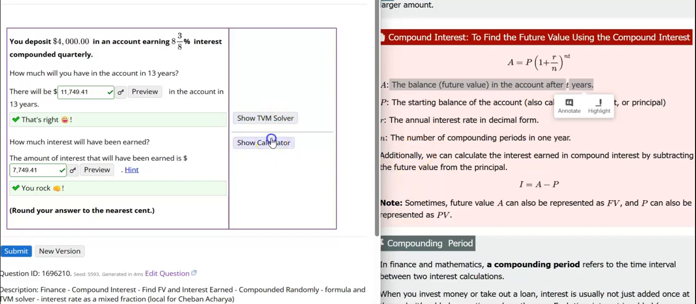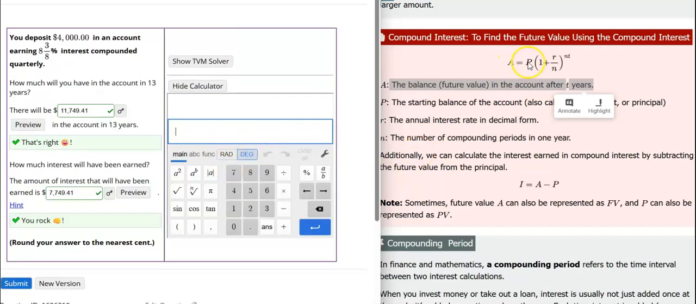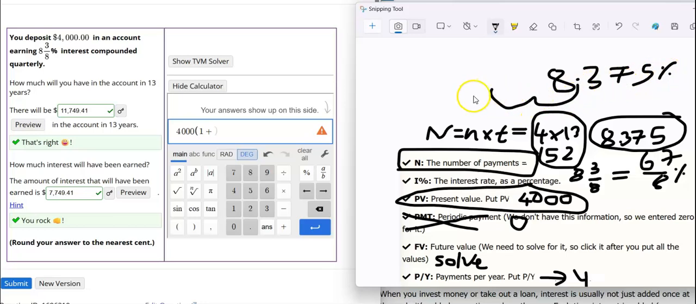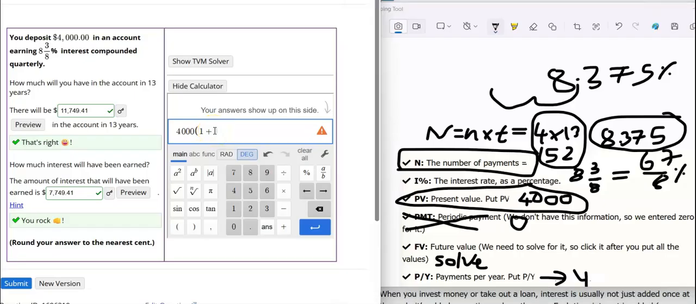That's the formula. So what I'm going to do is put its value here for A. I put the P value, which is 4,000, parenthesis, 1 plus r, which is 8.375%. But if you want to use it as a decimal, you move the decimal point 2 places. Notice that in the formula we already use the decimal value, not the percentage directly. But in the TVM solver you put the whole percentage. In the formula you change this percentage to a decimal,